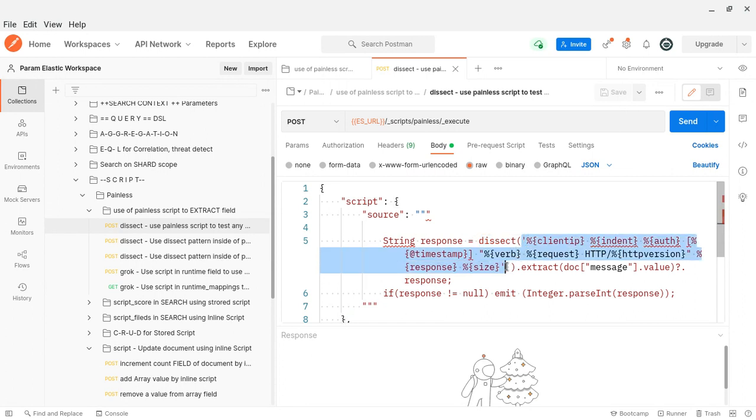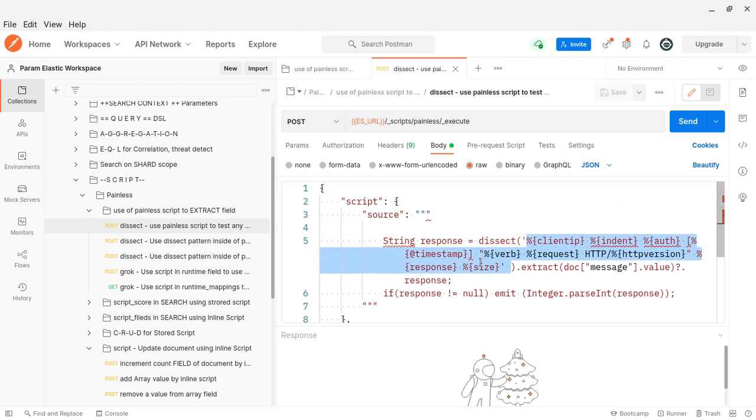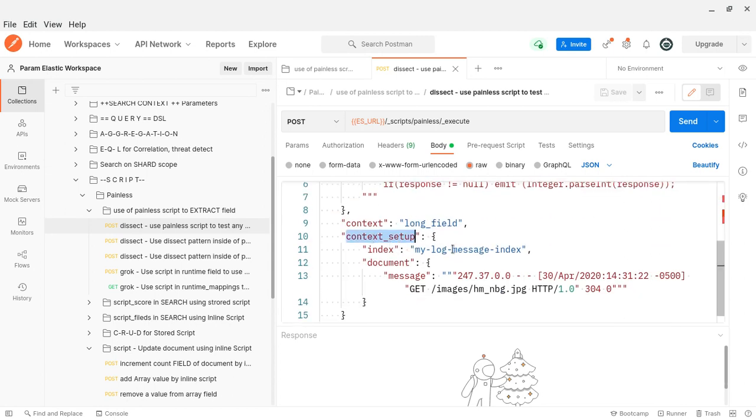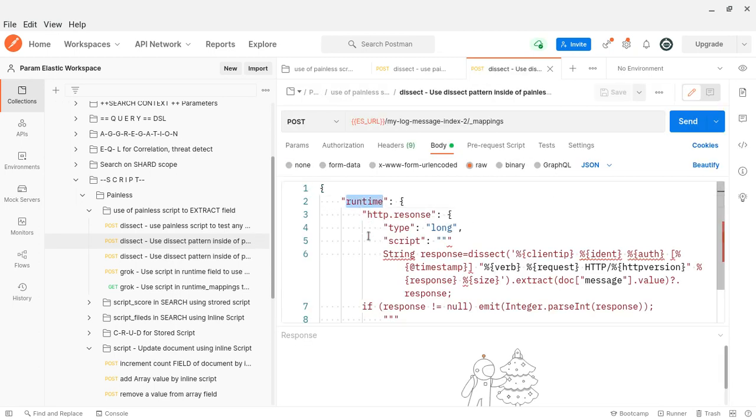We might have seen a dissect processor in Filebeat or Metricbeat and many other places. In fact, the dissect processor is also there in the ingest pipeline, but it has the simplest syntax. That is the advantage. So using dissect we can extract the field, which is in general, not context specific. I'll show here: this is runtime mapping, which we call field context. See here, in the mapping we are updating.